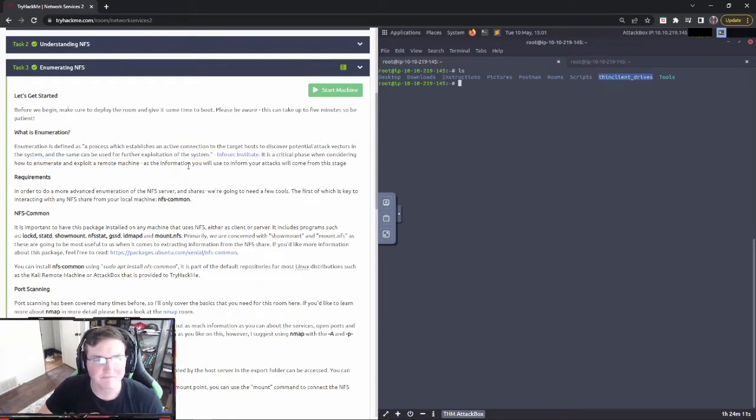Okay, what does that mean? Here's the big difference between enumeration and something like OSINT or just information gathering, reconnaissance, whatever you want to call it. Enumeration physically touches the system. That's important. So like it says here, a process which establishes an active connection. That is the definition. So if you are establishing an active connection, if you are reaching out and asking for information, if you are touching that system, you are in the enumeration phase,